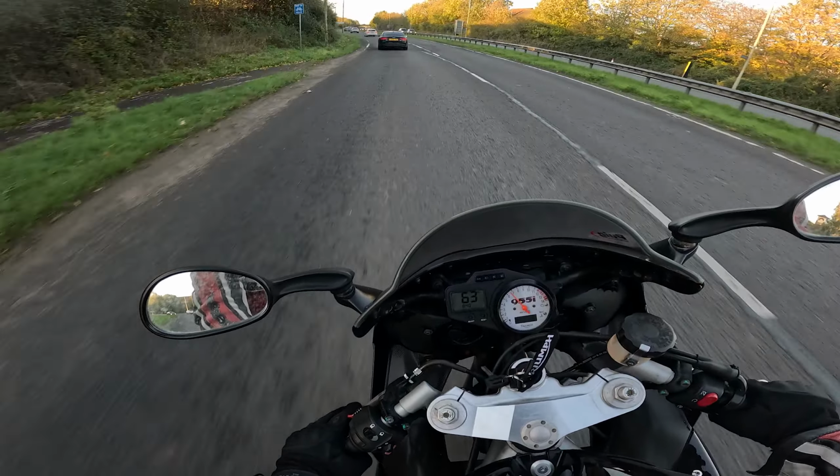It does make it a little bit quicker when it comes to shifting, and it does help bikes that are geared shorter than this. You know what I mean? If you can get through the gears quicker, then your acceleration is going to be a bit quicker as well. Not by much, but it is going to be a bit quicker. And that's kind of why I like quick shifters, just being able to bang it up a couple of gears,